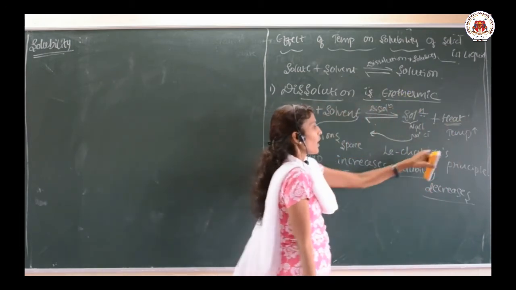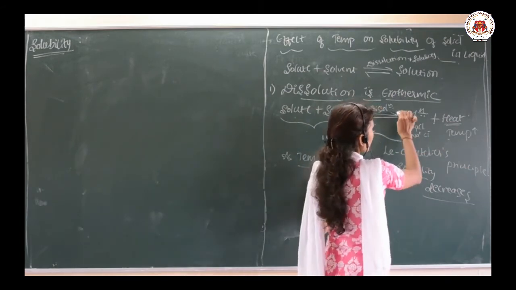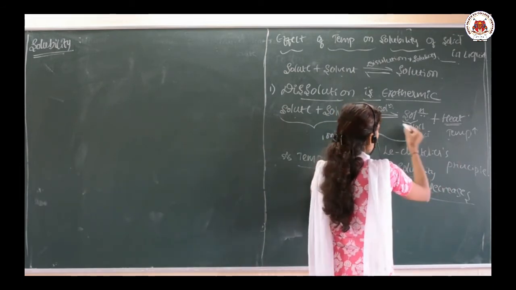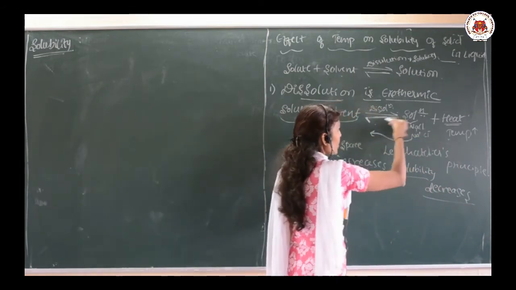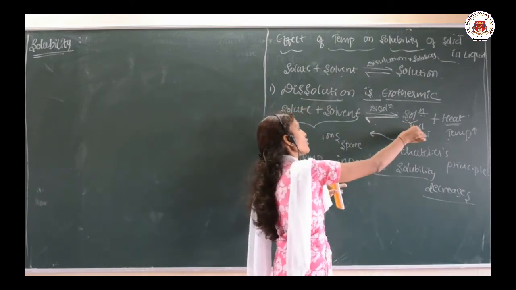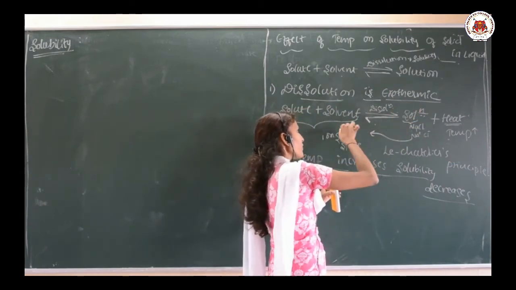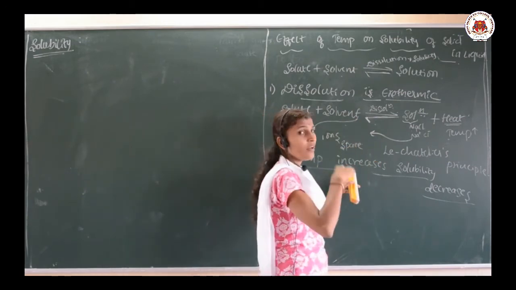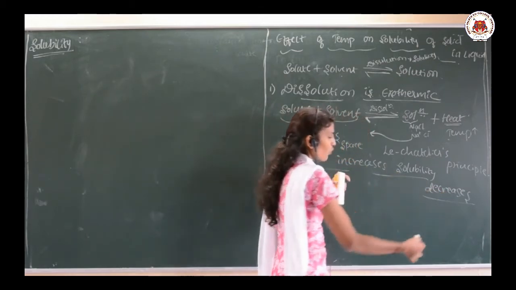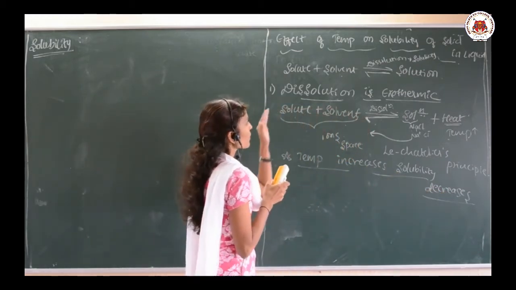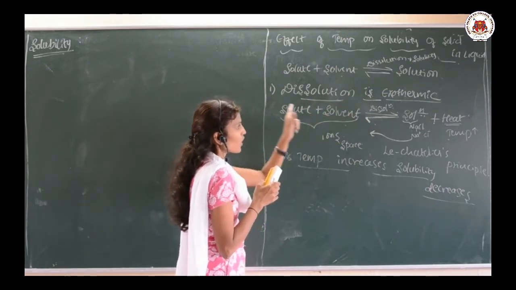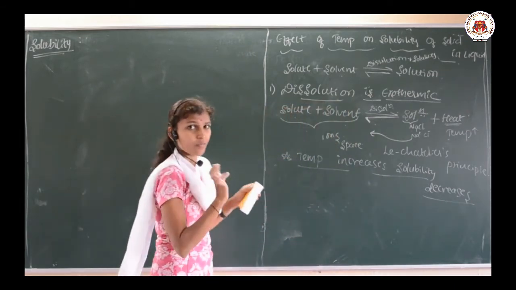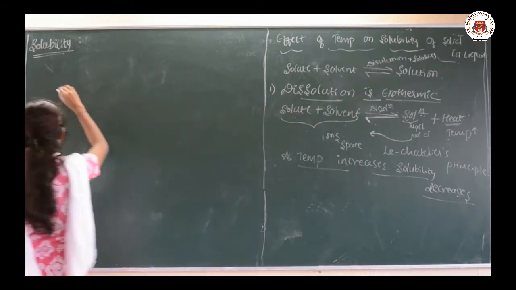Now, I am going to increase the temperature, and the equilibrium does not accept it, according to Le Chatelier's principle. So, what happens? It favors the backward reaction, and the ions of the solution side come towards the reactant side. But there is no space because these ions have already occupied the space. So, we can say that the solubility decreases. Suppose the dissolution is exothermic; if you increase the temperature, the solubility decreases. Clear? So, let me tell you, if the dissolution is endothermic,